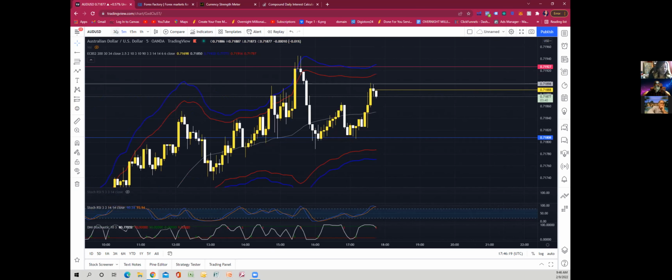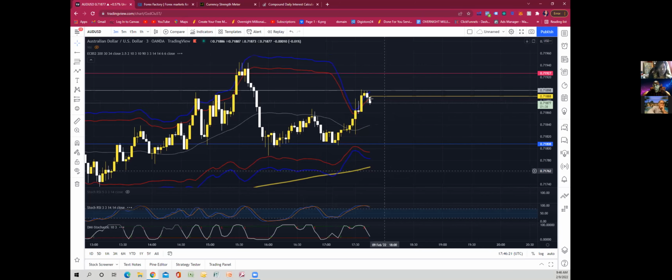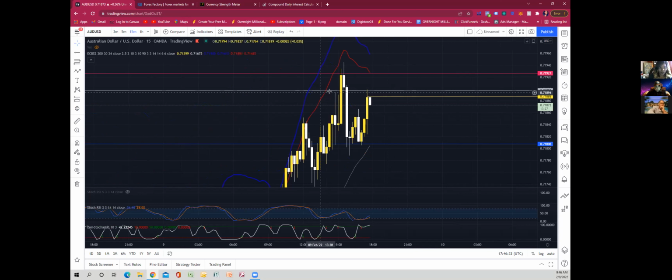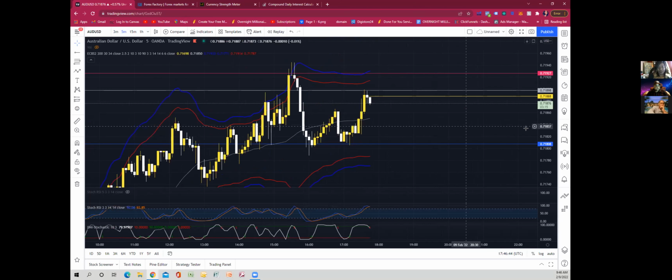So, like I said, on the 3 minute, I want to see the confirmation. We're also hitting a level of resistance. Let me see what it looks like on the 15-minute. Yes. So, resistance, resistance. This candle right here touched this line. Resistance. It came up here and rejected. Rejected on the 5 minute. And look at that.